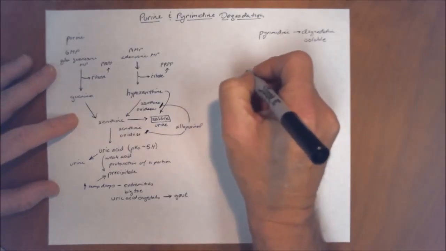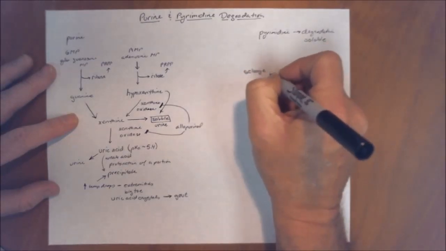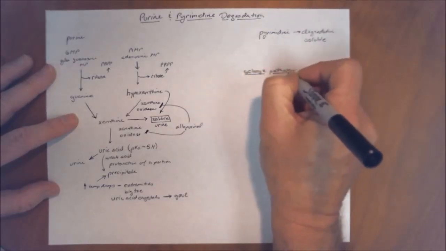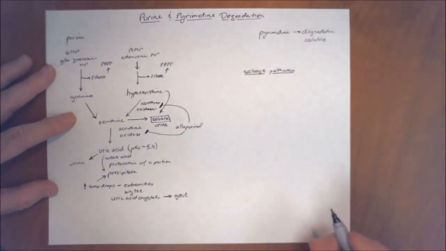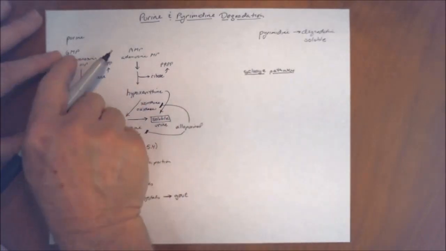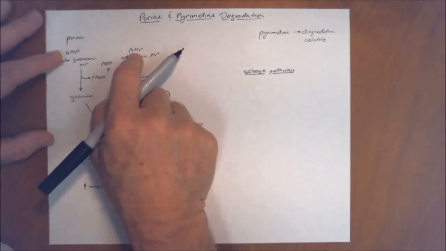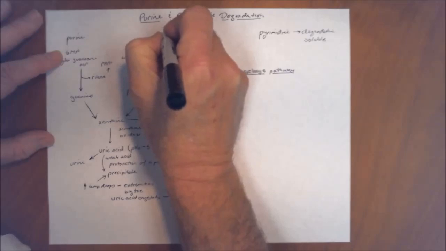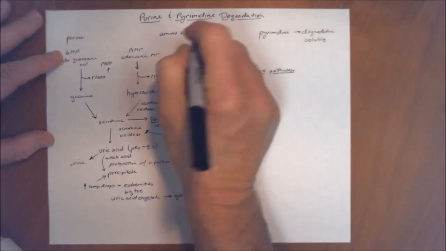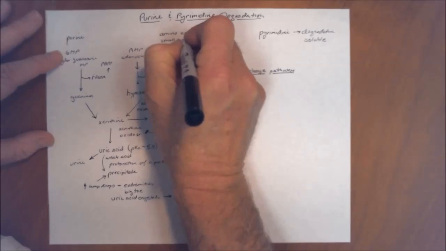Now the other information that we need to discuss about purine and pyrimidine degradation is a process known as the salvage pathway. Now recall in purine and pyrimidine biosynthesis that in order to generate these large molecules, we have a lot of resources going in. So these are biosynthetic molecules that require amino acids to be part of the structure of the ring. Other small molecules, such as